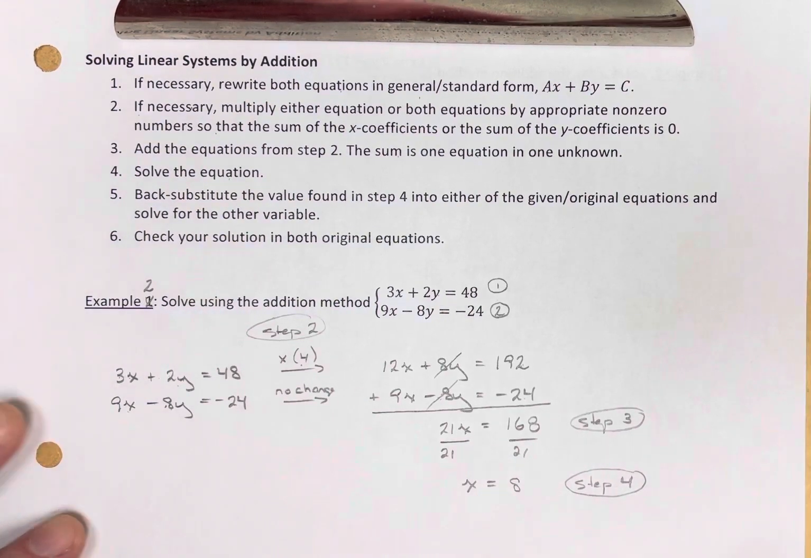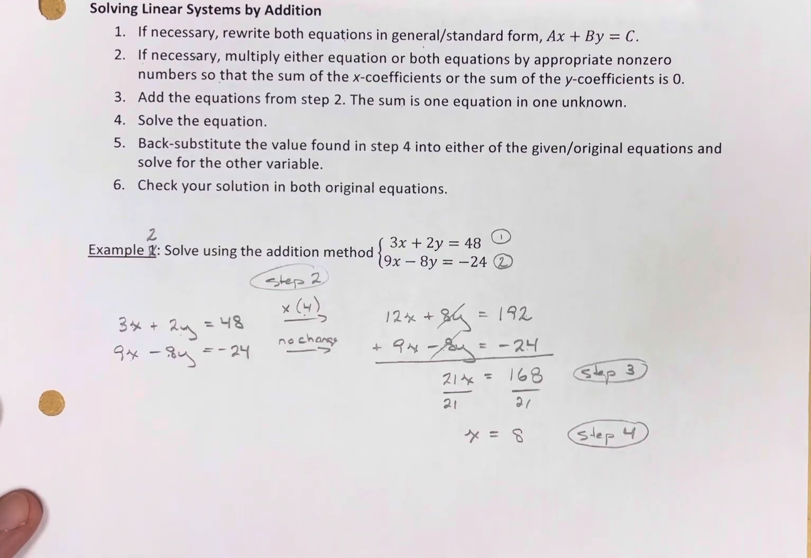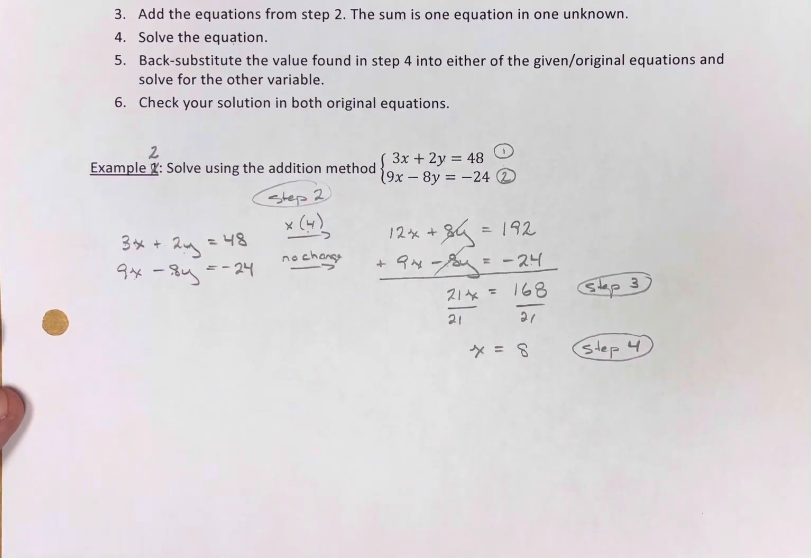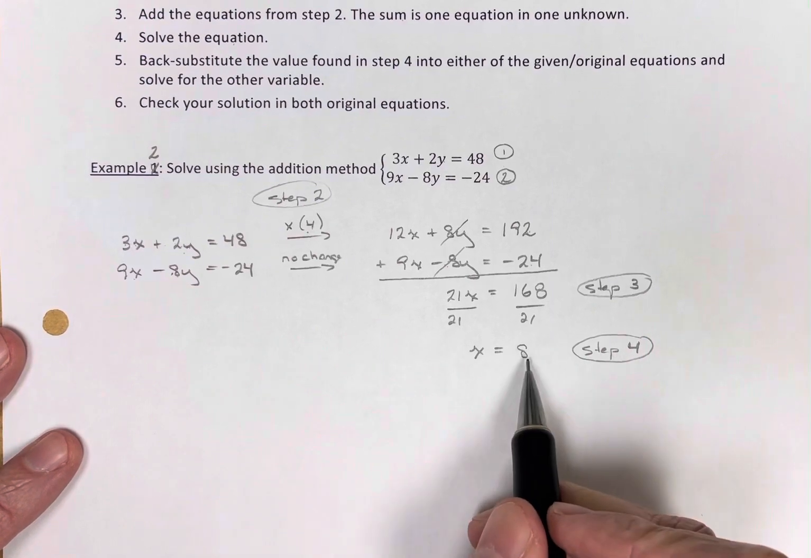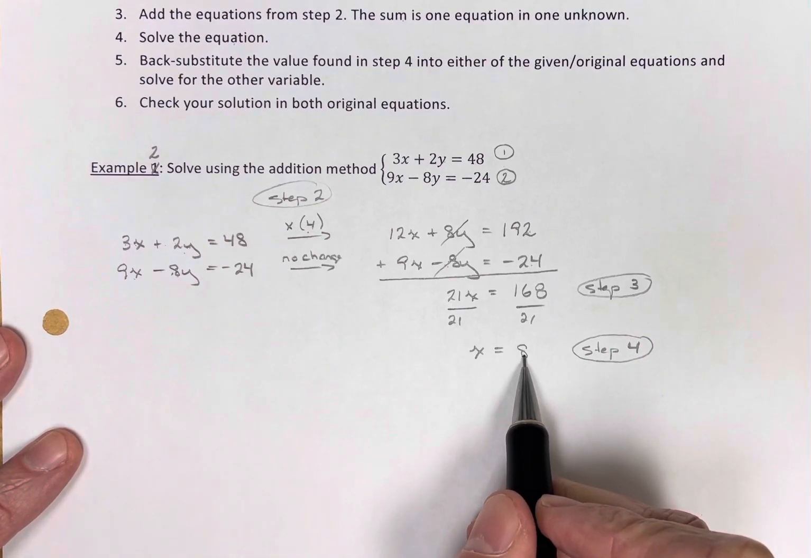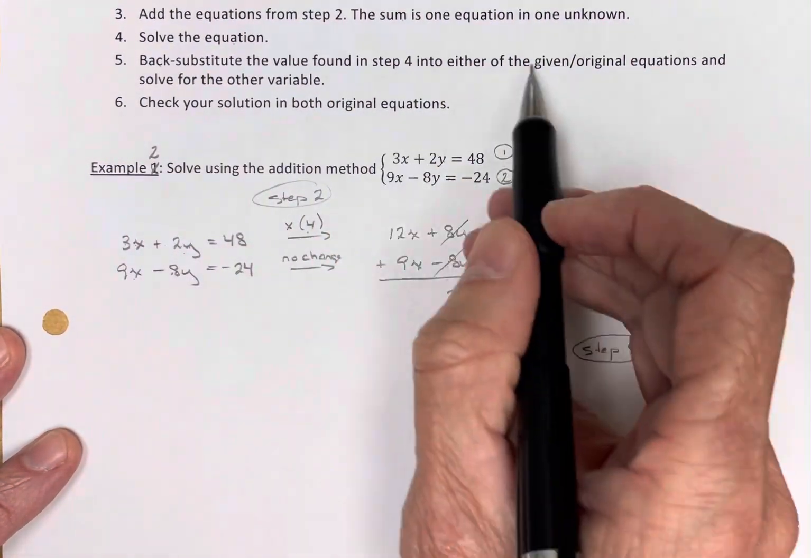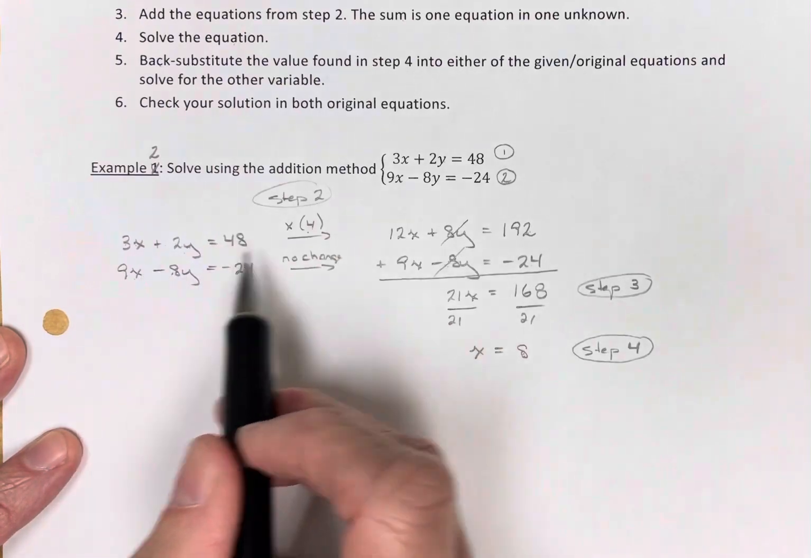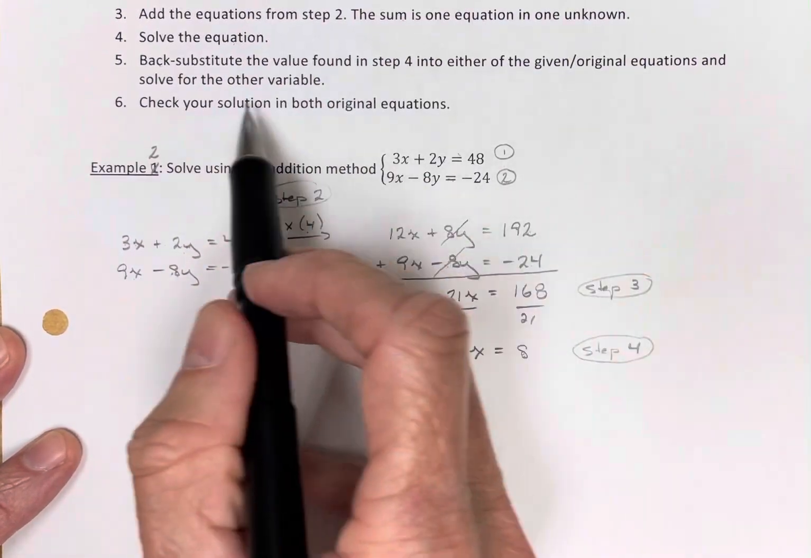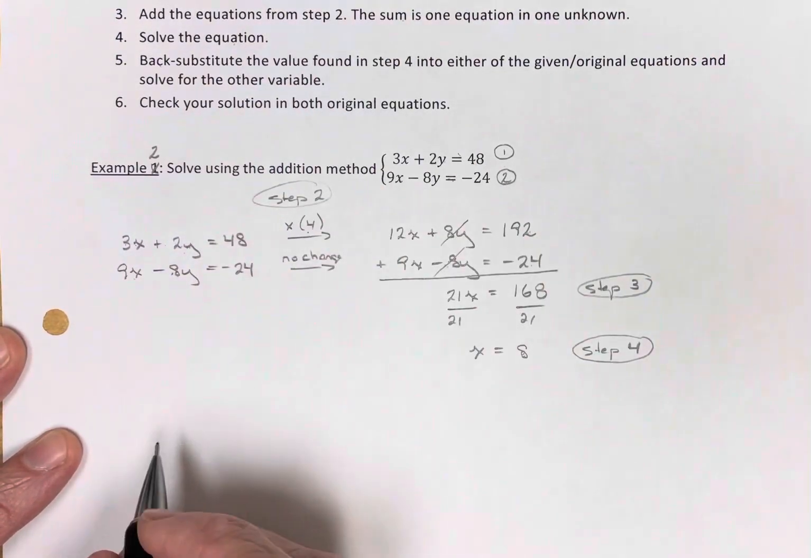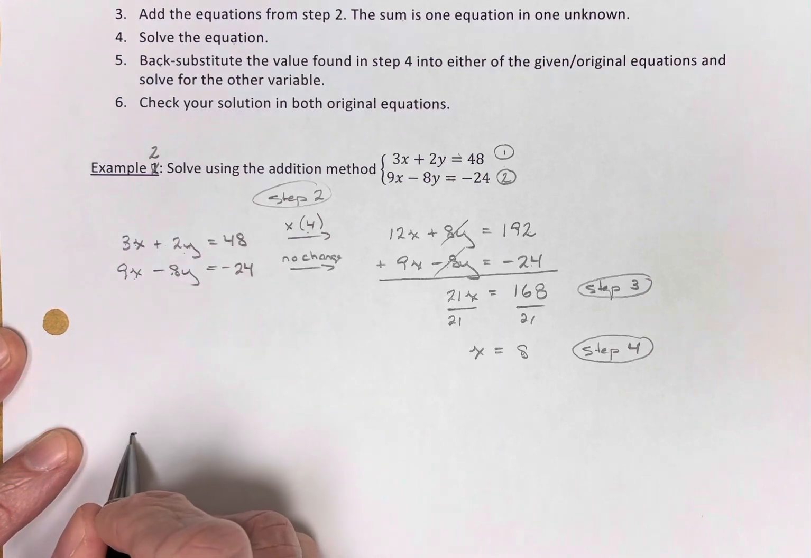Okay, so I think x is equal to 8. Let me slide up a little bit before I get myself too far down. Now I think x is 8, and I want to figure out what y is. So back substitute, step 5: x equals 8 into either of the original equations. Pick one and solve for the other variable. So step 5,